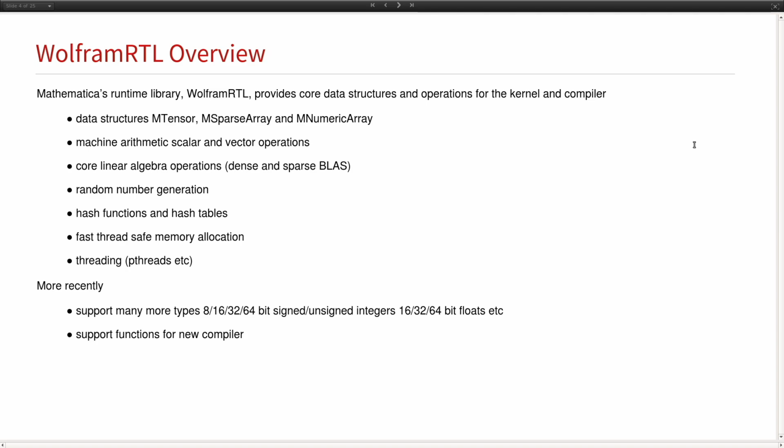It provides machine arithmetic for scalar and vector operations, core linear algebra operations, dense and sparse BLAS, random number generation, has hash functions, hash tables that are used in the kernel. It has a fast thread-safe memory allocator that's built. It also provides a threading layer, which will then abstract away to a system-specific, platform-specific thread like pthreads on Linux